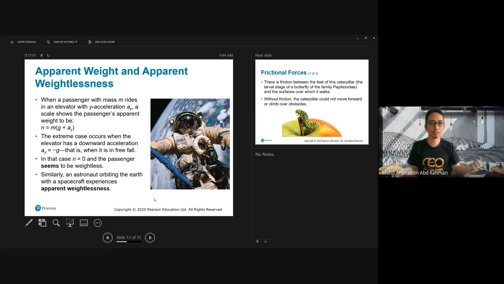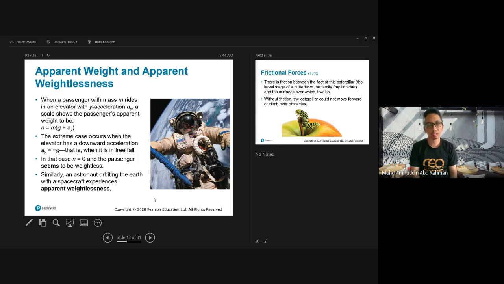So actually the diver won't feel the mass of his body. That's why it occurs at the extreme case where ay is equal to minus g. In that case n is 0 and the passenger seems to be weightless. So this is the concept of